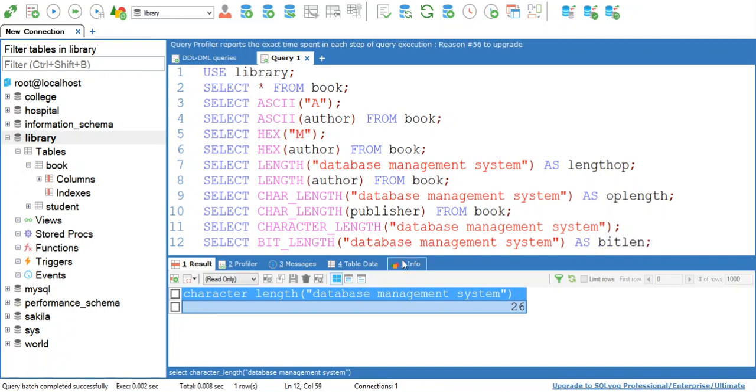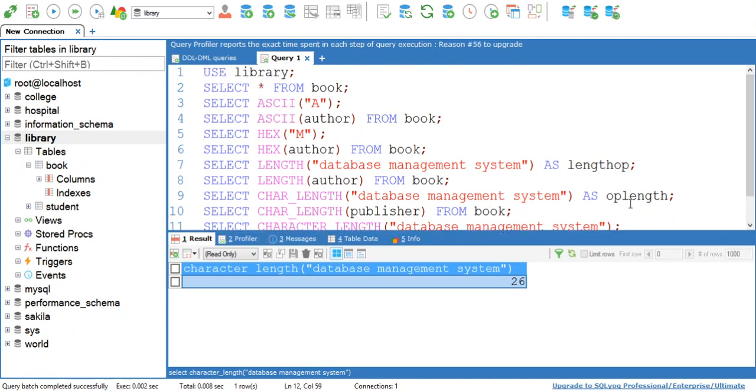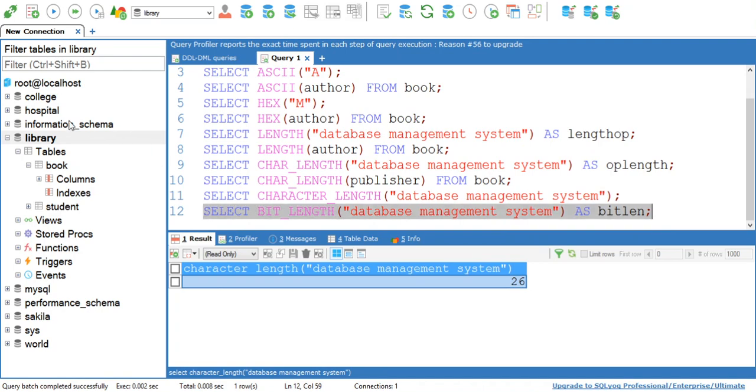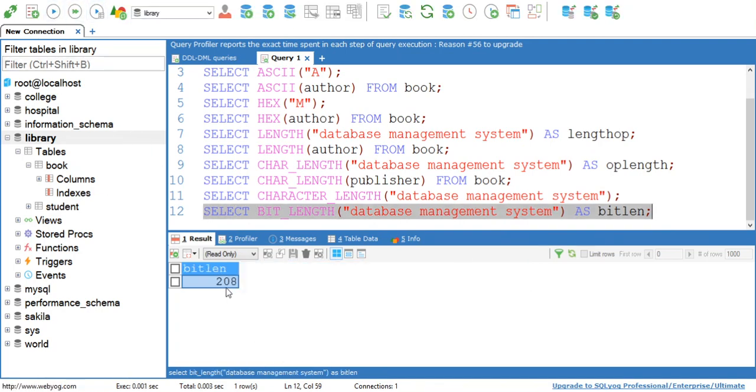Okay, now I want to know how many bits are allocated to this string, database management system, by using the bit length function. The bit length function is used to represent the number of bits allocated to the input string. When you execute this bit length function, it will give you 208. That is, 208 bits are given to database management system. This much memory is occupied by this string, database management